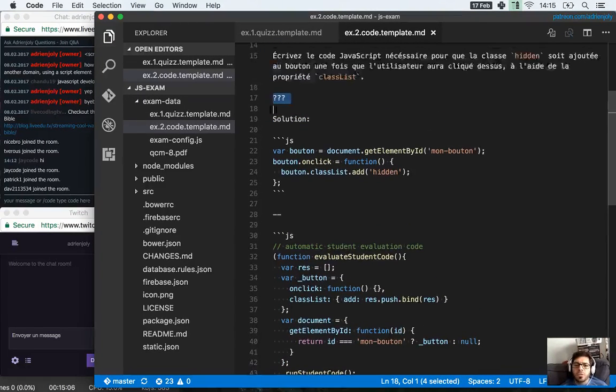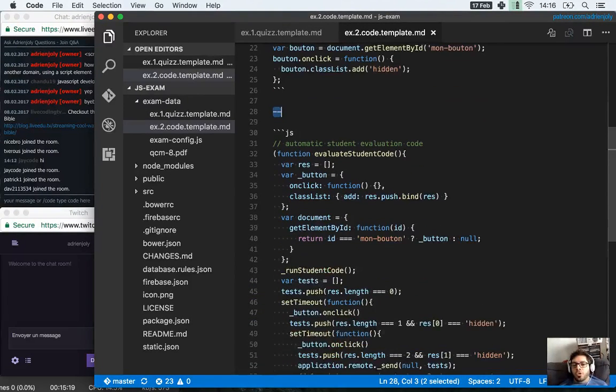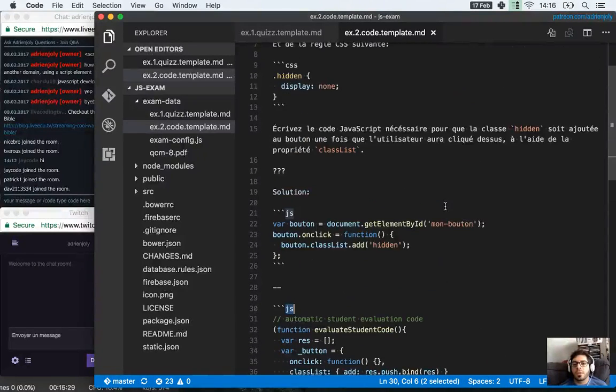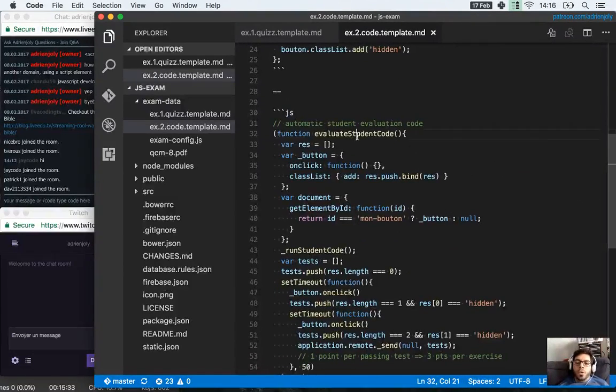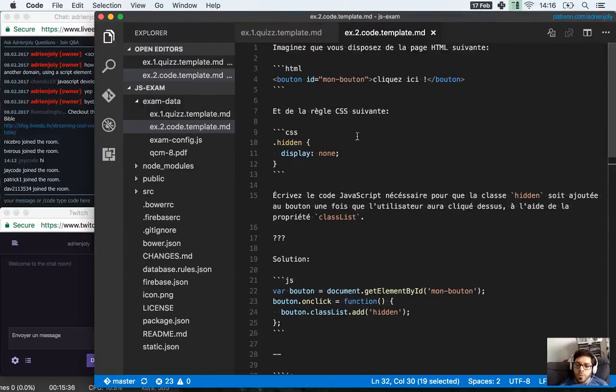And when you get into that solution part, you provide the actual solution text that's going to show up in the web app. And then if you put 2 dashes, it will provide the second part of the solution, which is the JavaScript code that will be run by the evaluator to grade the students based on the code that he or she wrote for that exercise. Okay. So as you can see here, in that case, this was